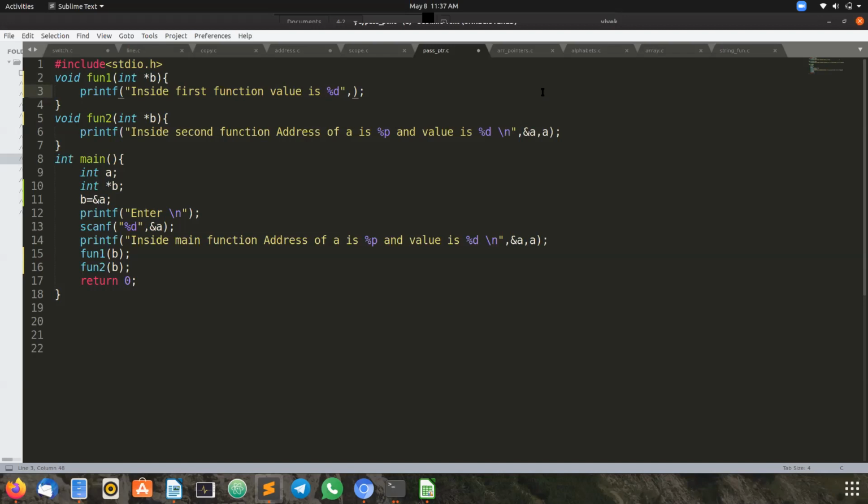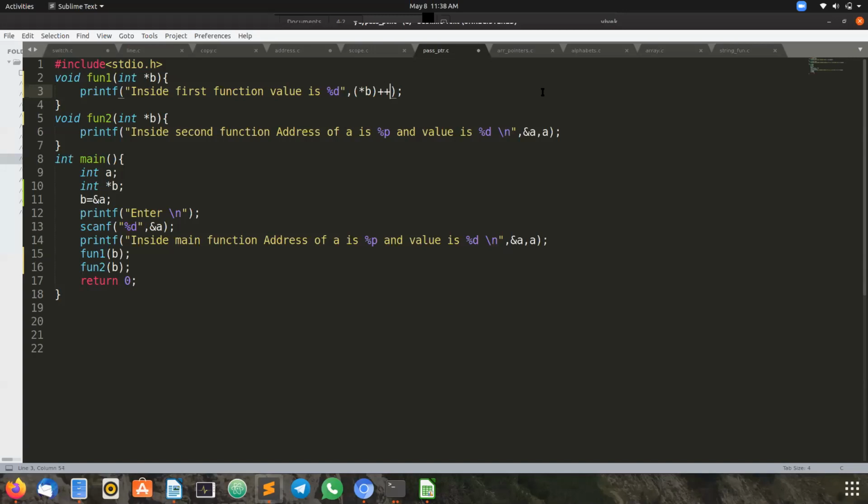I want to increment the value here. Yesterday you have seen how to increment the value. We have to put asterisk and the variable name inside the bracket in order to increment the value within the variable, not the address. If you do not put that parenthesis, the address gets incremented.